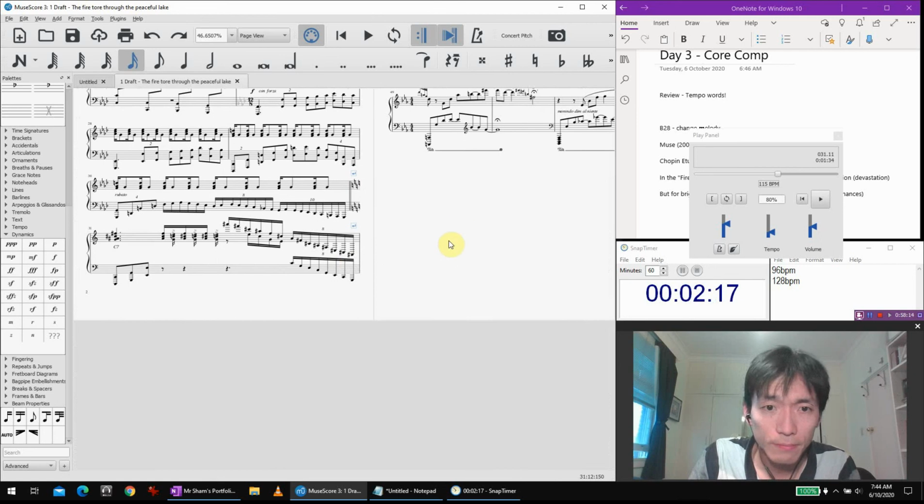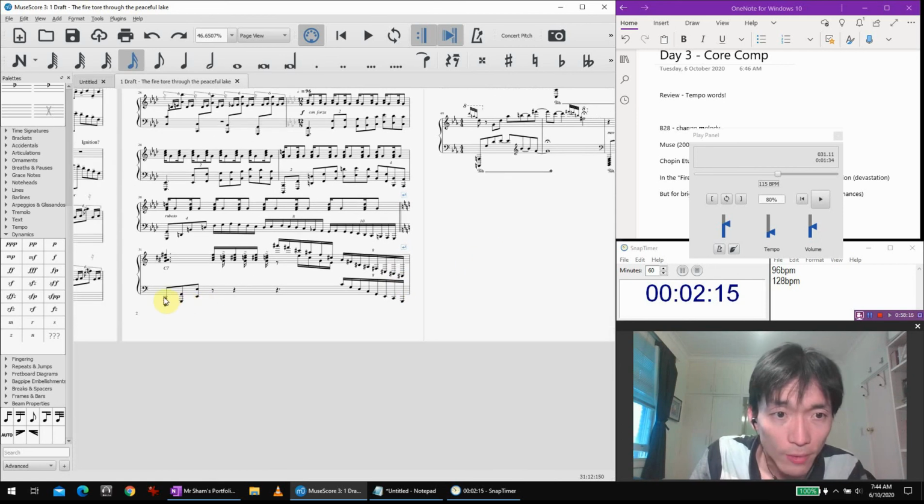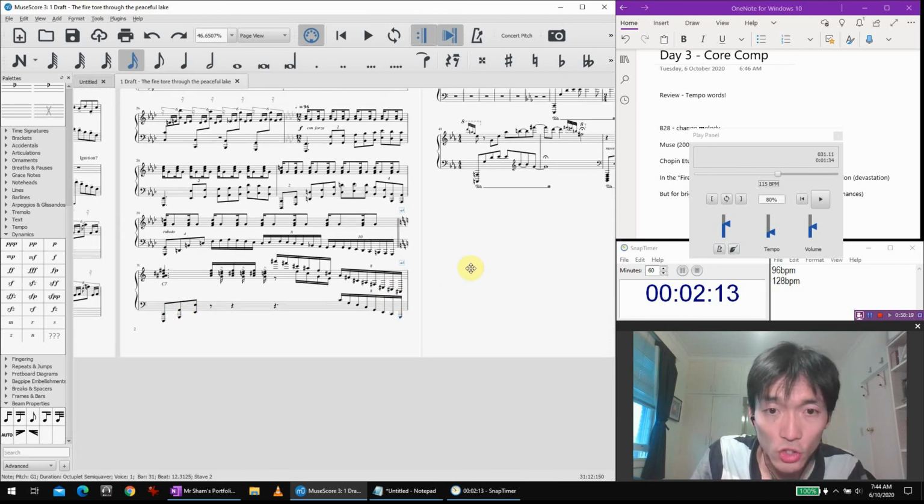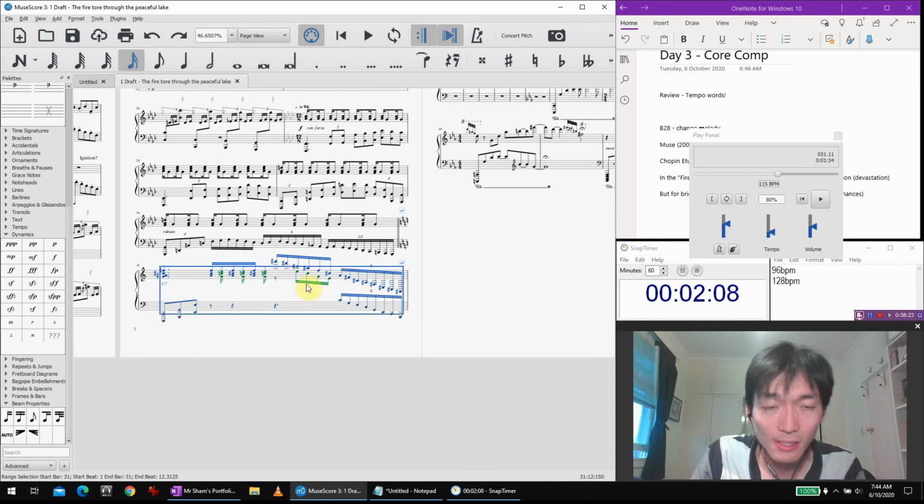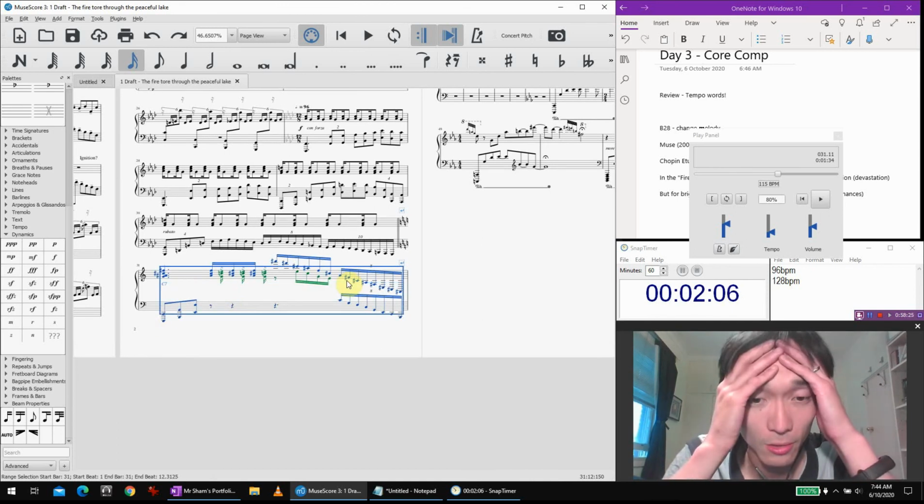That's alright. I'm alright with this run. I like it ends on a G so I can thump out another chord at the bottom.